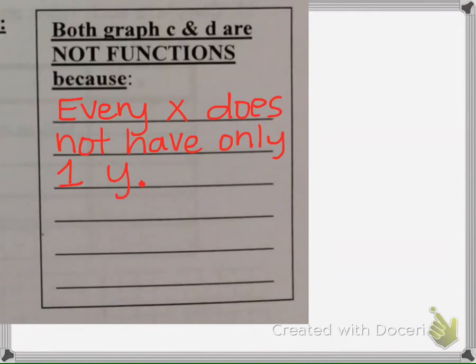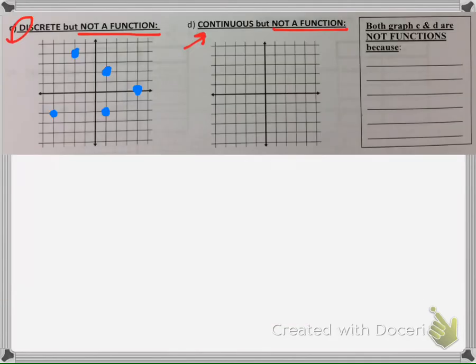Okay, so we're asked to explain why it's not a function. Well, we know to be a function, every x has to have one y, so we're going to say every x does not have only one y. And then if you want to be even more specific and detailed for me, you could take a look at your graph. So let's say your graph was this one here. And you could say every x doesn't have one y, and you could say, for example,